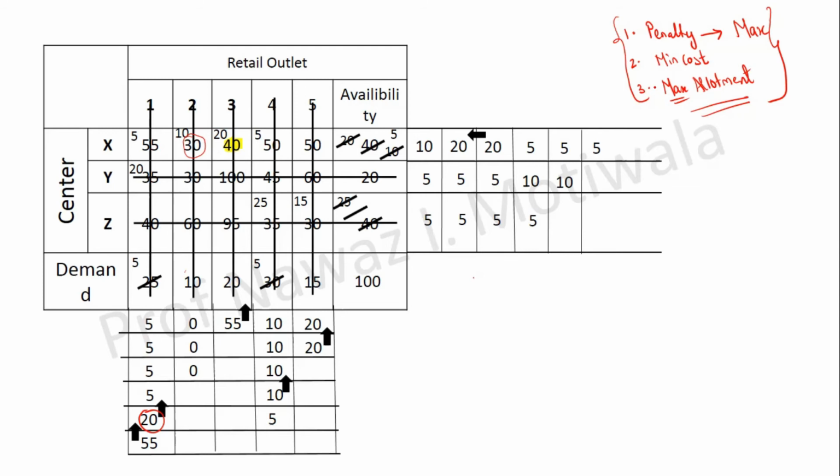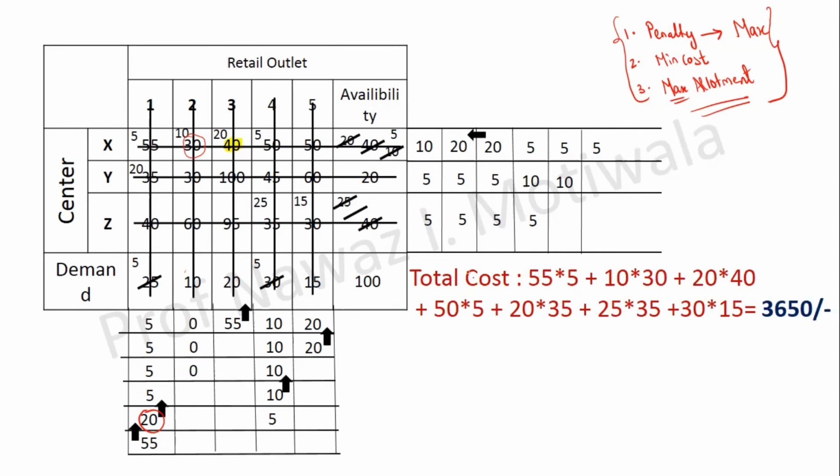So after doing this allotment part, we need to find out the initial basic feasible cost. So I will write here the total cost. I have not written the word minimum. Just observe this. I have just written total cost. So total cost, how to calculate? Just see the allotments. In the first cell, there are only 5 allotments and the transportation cost for 1 unit is 55. So it will be 55 multiplied by 5. And so on. If I calculate, I will get the answer as 3650 as my total transportation cost. Now, in the question, it was asked to find out minimum transportation cost.